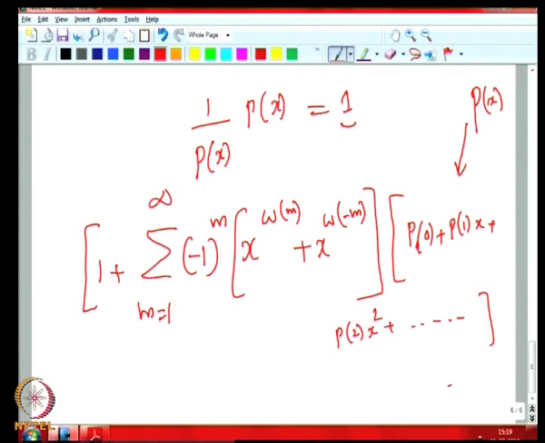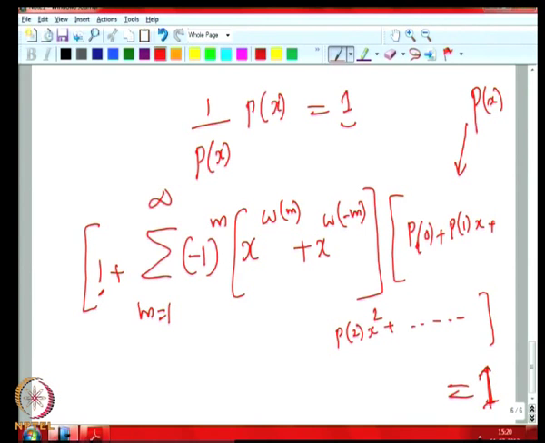Now, if you multiply this thing, we have to get 1. So, when we consider the coefficient of x raised to n, from both sides we can equate the coefficient of x raised to n from LHS and RHS. What will we get? If you do that, because this anyway is not contributing to the coefficient of x raised to n.